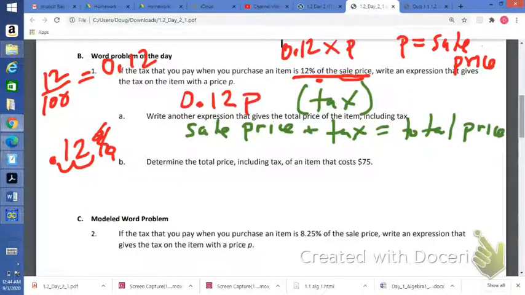So the sale price, well, what represents the sale price? P. Plus